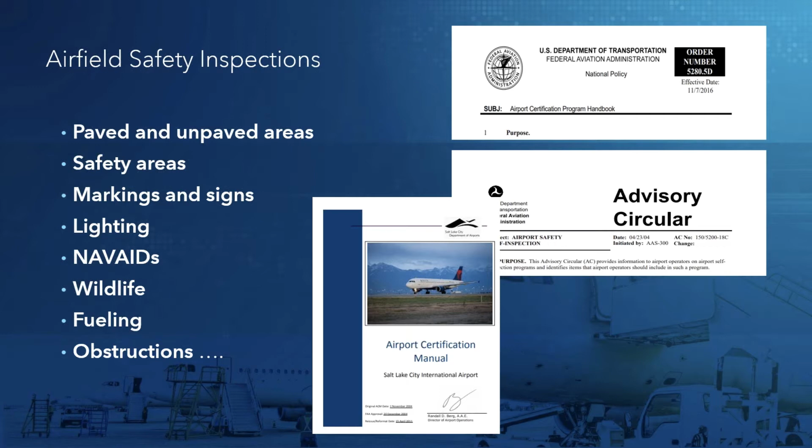Under the FAA's guidelines for Part 139, each airport has to demonstrate that they have adopted procedures and the associated equipment to, 1, conduct inspections, 2, to rapidly disseminate that information. 3rd, they have to show that they actually have qualified and trained personnel to conduct these inspections. 4th, a reporting system to ensure prompt correction of any unsafe conditions found on the airfield. And then finally, the ability to maintain those inspection records